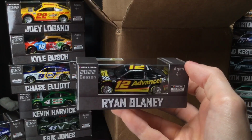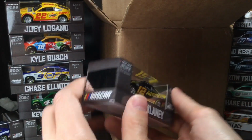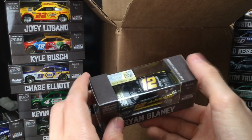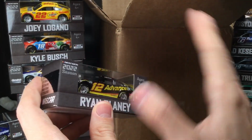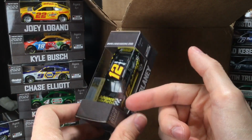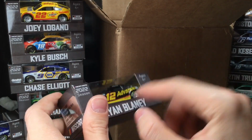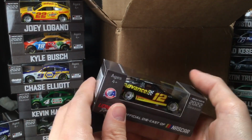Now, I will say, though, the primary paint scheme, for whatever reason, doesn't look as good as the diecast form. I'm looking at this car right now, and it looks so much better than the car on track. I might be crazy, but you have kind of this checkered flag pattern on the hood. That is a nice touch. Once again, the die-cast form just looks so much better than the real race